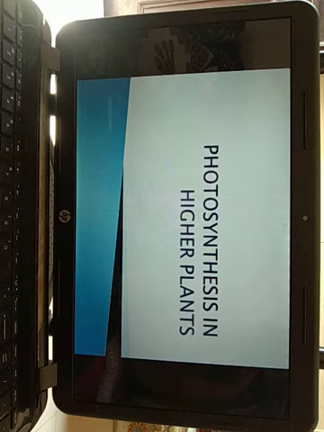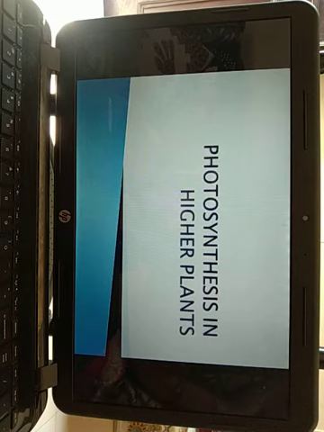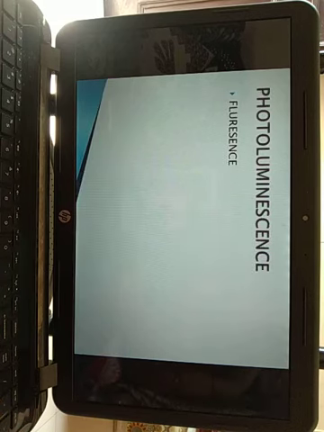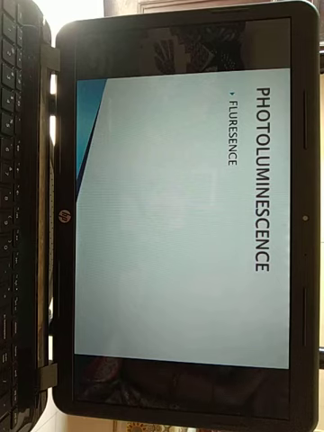Hello students, so we are doing the lesson photosynthesis in higher plants, and today we'll do photoluminescence. What photoluminescence is and what are the various types. Photoluminescence is the phenomenon of re-radiation of the absorbed energy. Photoluminescence is of two types: fluorescence and